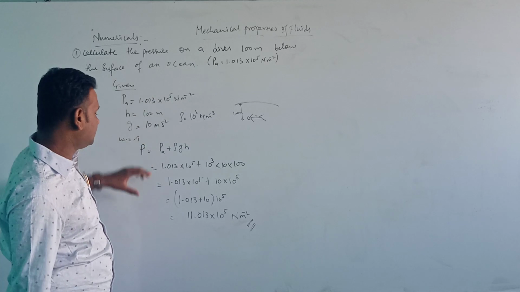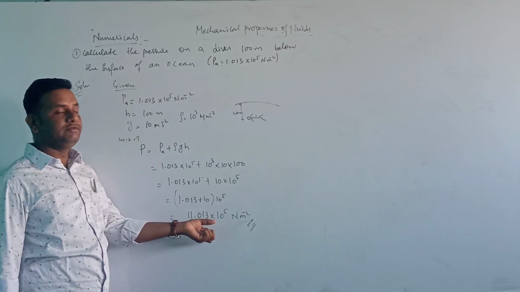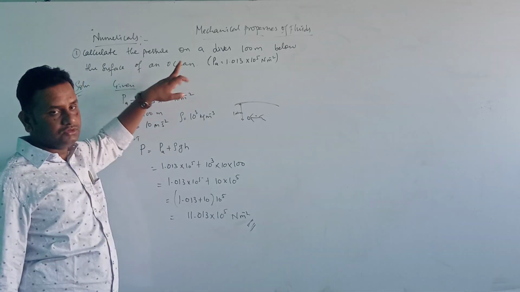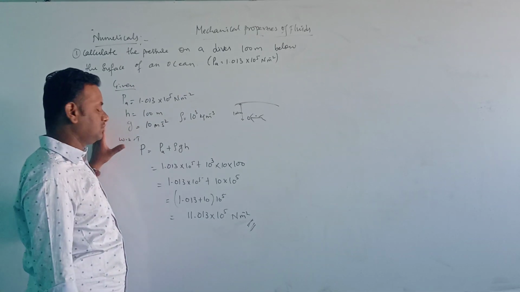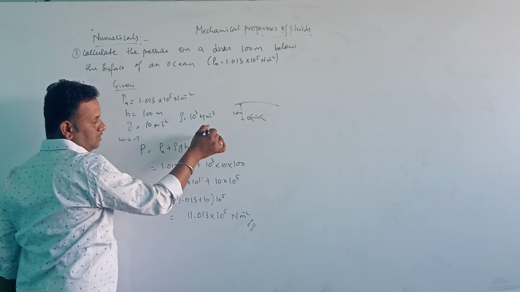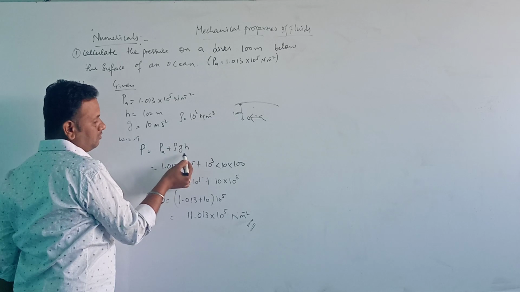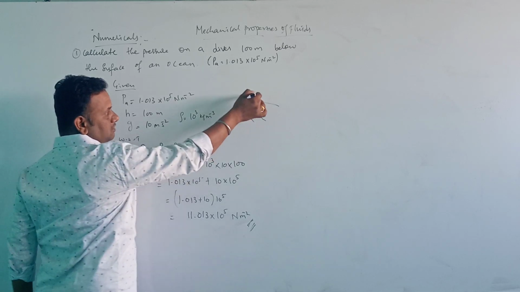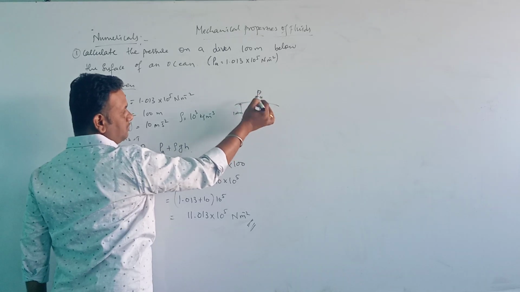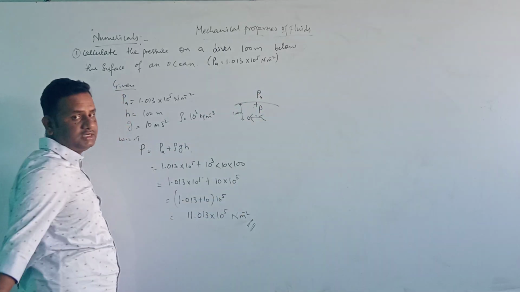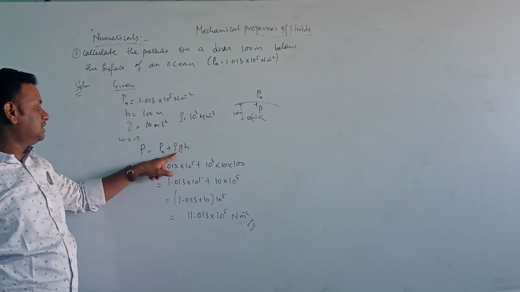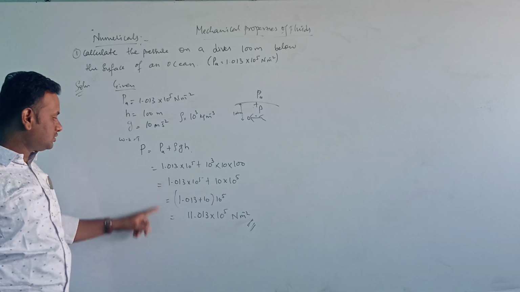Okay, we have found out the pressure on a diver who is at 100 meter below the surface of an ocean. So very simple numerical. Okay, so here we have taken the pressure of this water. So water pressure is how much? Rho g h plus this atmospheric pressure P A plus this P, pressure which is at the depth of 100 meter. So we have taken it as rho g h. Okay, so note all this.